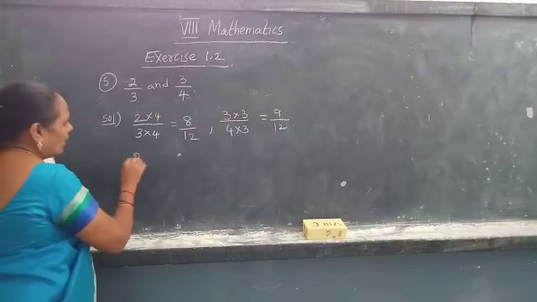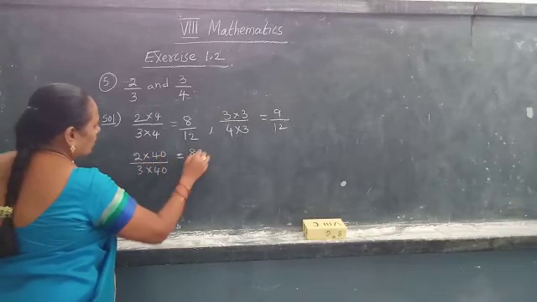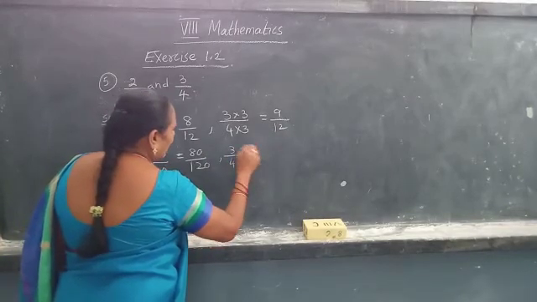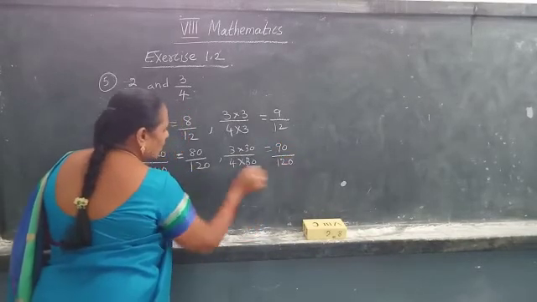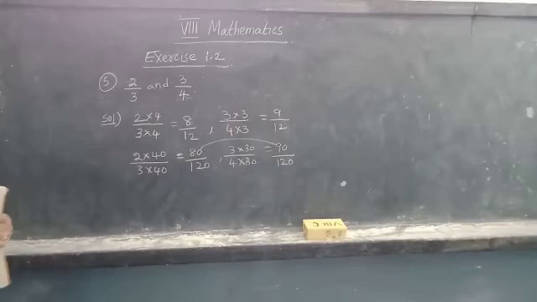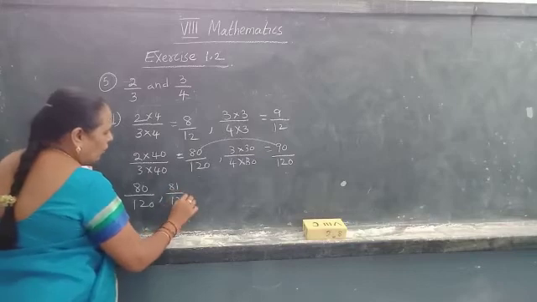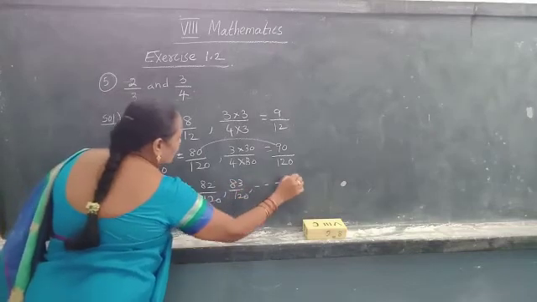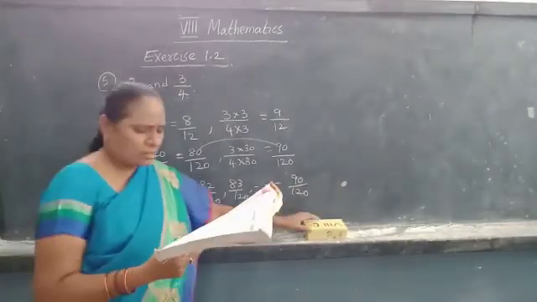So make this one again by multiplying with 40 and 40, that is equal to 80 by 120. 3 by 4 can be multiplied with 30 and 30. So we will get 90 by 120. So the denominators are the same here, and numerators are 80 and 90. So how many will we get? Nearly 10 rational numbers between 80 by 120 and 90 by 120: 81 by 120, 82 by 120, 83 by 120 and so on. So like this we have to insert the rational numbers.